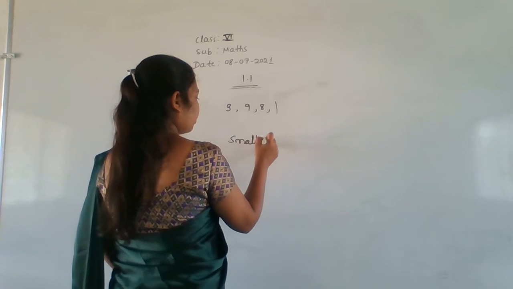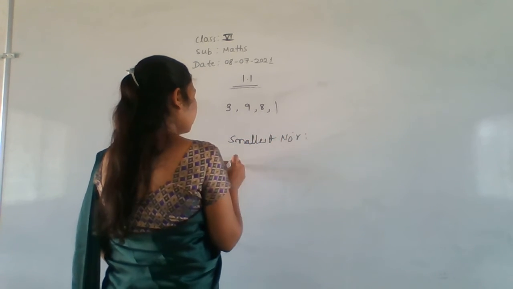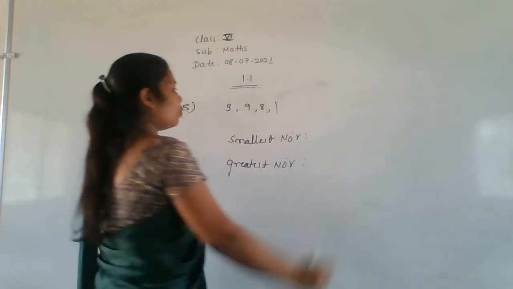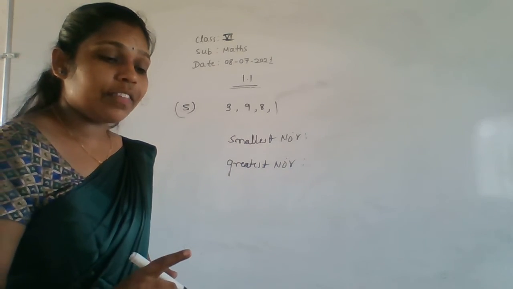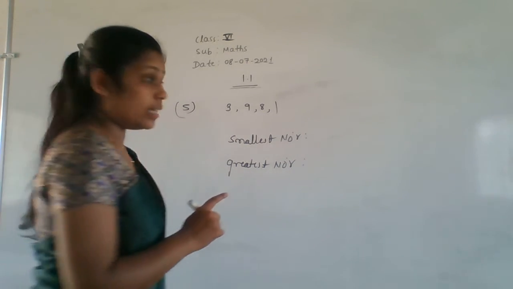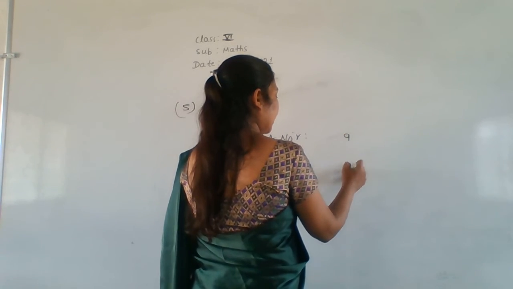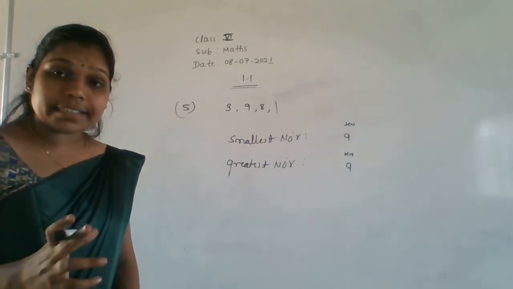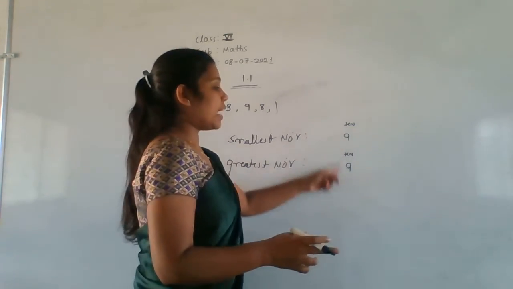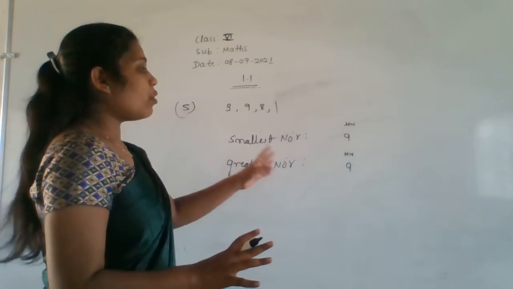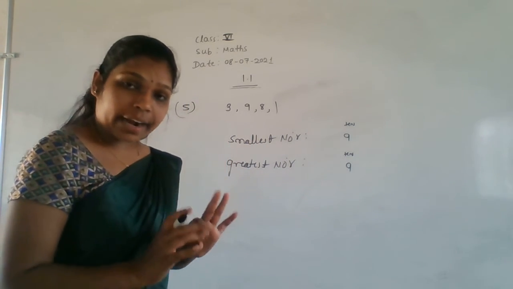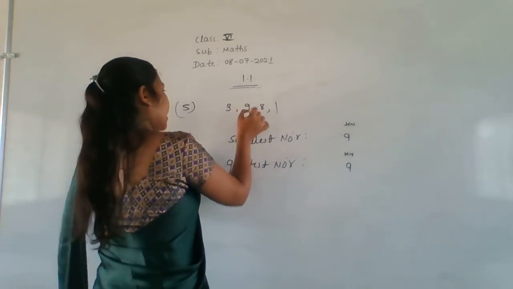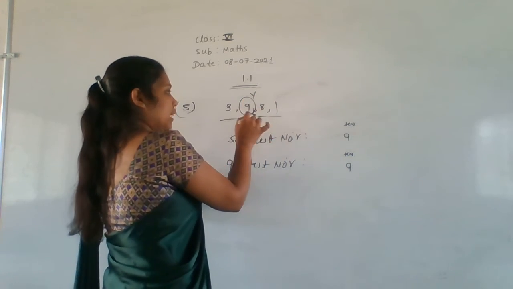Smallest number and greatest number. And one more condition is there: 9 is always present at the tens place, they told here. So this will be the tens place. First write 9 in the tens place. Now we have to fill only the ones place, hundreds place as well as the thousands place value using these digits. Already 9 is there, so observe only 3, 8, 1.